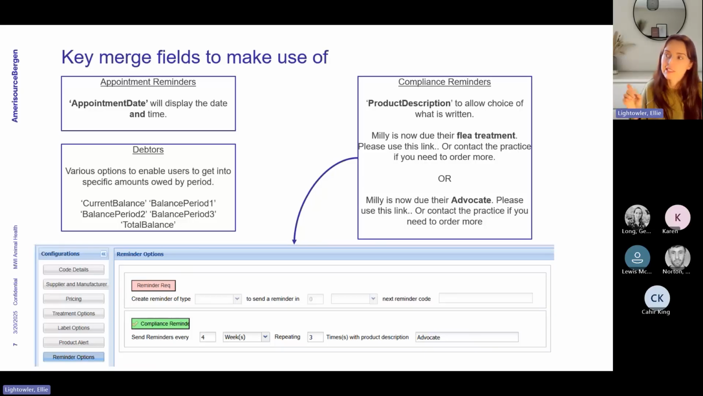It can simply just be worded as Advocate, and that'll really help your clients know exactly what it is that they're due, because flea treatment might be a little bit vague. So that would word it as that Millie is now due their Advocate. Please use this link or call the practice if you need to order more. And again, I think keeping it generic but specific about the product description name for each of your different treatment